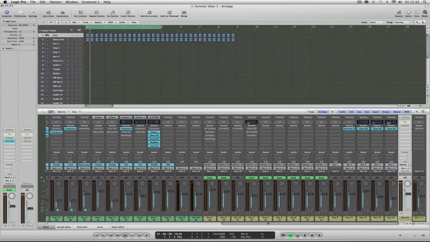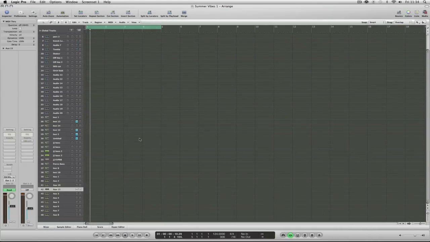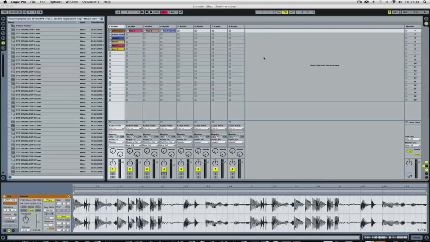As you can see, I've got a bunch already set up here. What I will also do is I just turn this tab here to read so that the auxiliary channel is then seen in the arrange window. So now, very simply, Ableton is patched through into Logic. So if we flick back to Ableton,